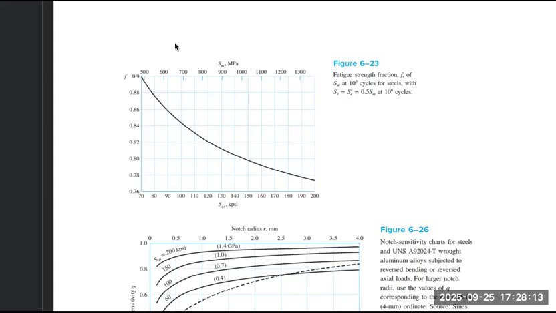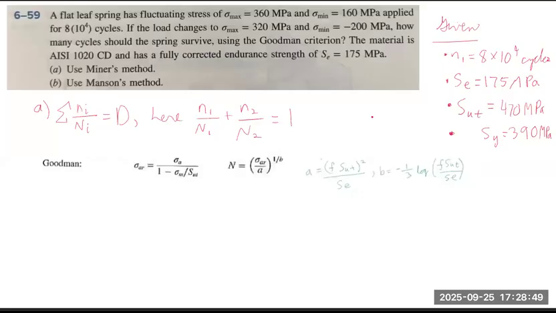Since it is off of the charts, we let F equal 0.9. But if it was the other way around, we can approximate like around here. But since it is off of the charts, we let F equal 0.9 in this case. So if F equals 0.9,